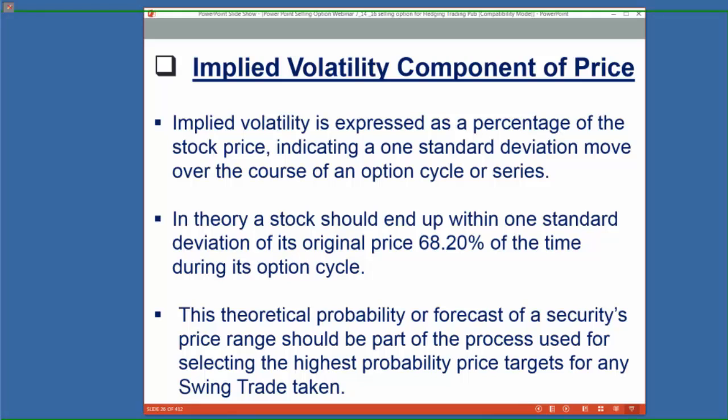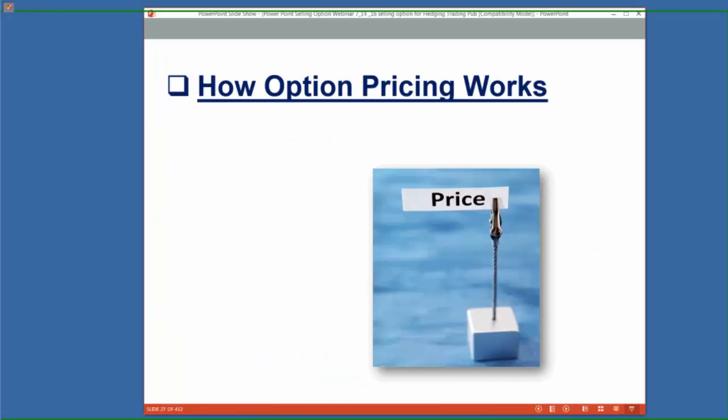Now, the next major component for pricing is the implied volatility, and this is expressed as a percentage of the stock price, and this is indicating a 1 standard deviation move over the course of the option cycle, how many days to expiration. And in theory, a stock should end up within a 1 standard deviation price of its original price 68.2% of the time. Now, this is a theoretical probability or forecast of the security's price range, but it really should be part of your process when you're selecting the highest probability price targets for your swing trades